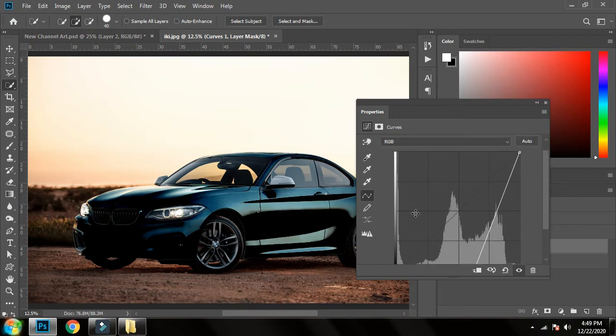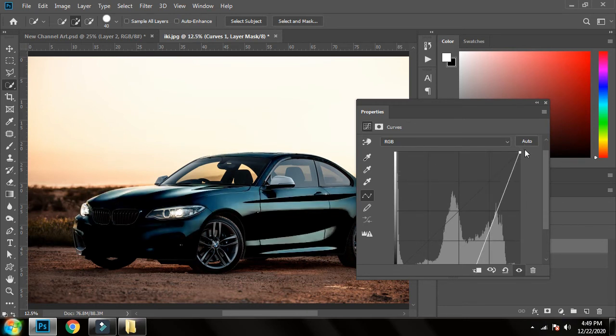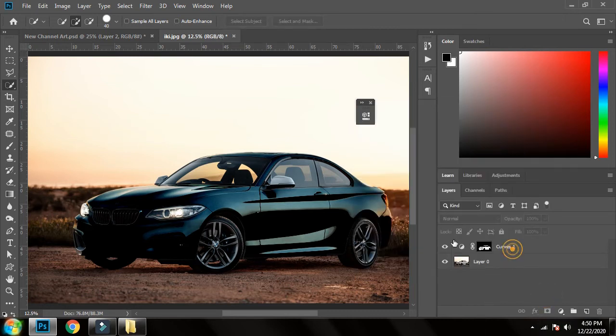And if you want these reflections to fade off, you can move this anchor here and downward, and you can see the object is getting rough. I will not change this, because black cars or black objects are a bit shiny. So that's okay. Now I will give some more adjustments to this layer.